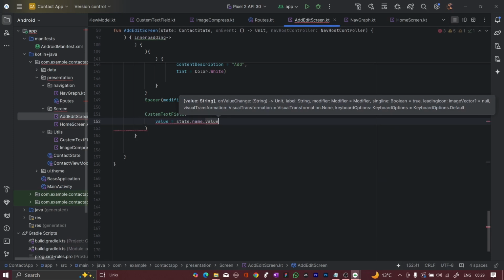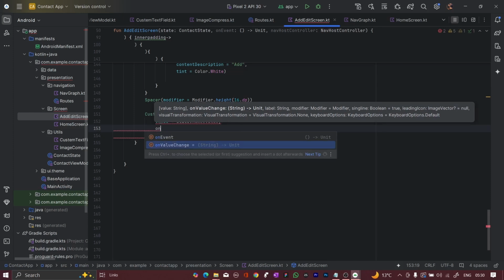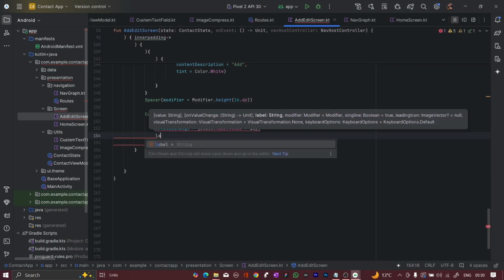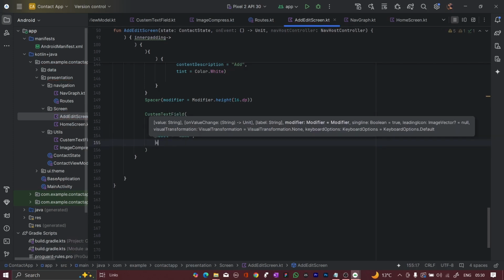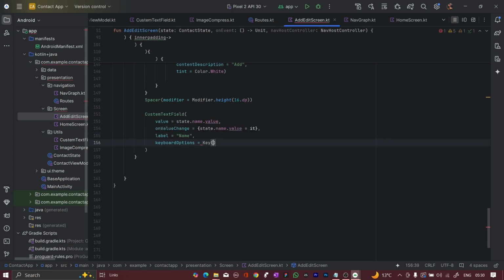dot value, and here we are going to take the on value change is equals to state dot name dot value is equals to it. Okay, so that's we have taken. Label we required here, name, and then keyboard options we required here,